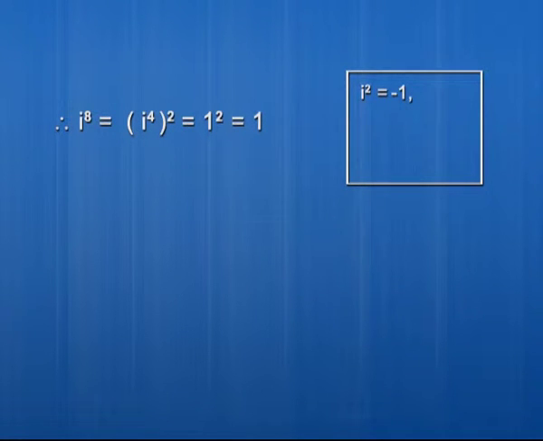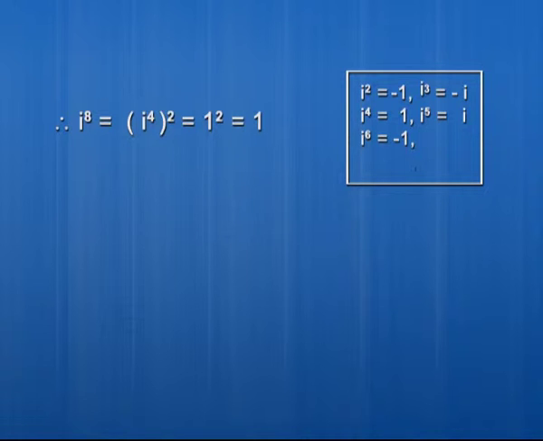Here we can notice one thing. The value of i squared was minus 1, the value of i cubed was minus i, the value of i to the power 4 was 1, the value of i to the power 5 was i. Now, if we increase the power by 1, for example, if we increase the power 5 by 1, we get power 6, and then the value of i to the power 6 is minus 1, which is the same as the